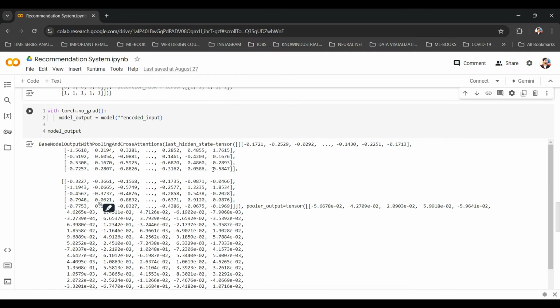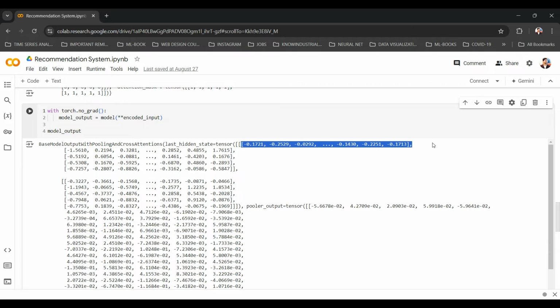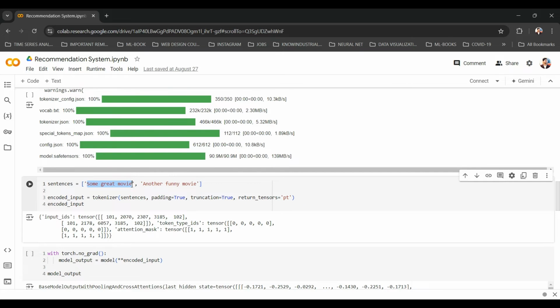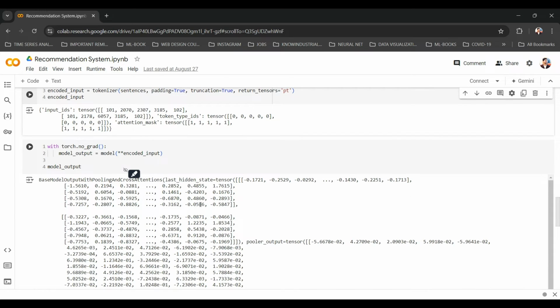We have basically converted each token into an embedding, but what was the requirement? We need each sentence as a vector, isn't it? We need the whole sentence to be converted into an embedding, not just single tokens.